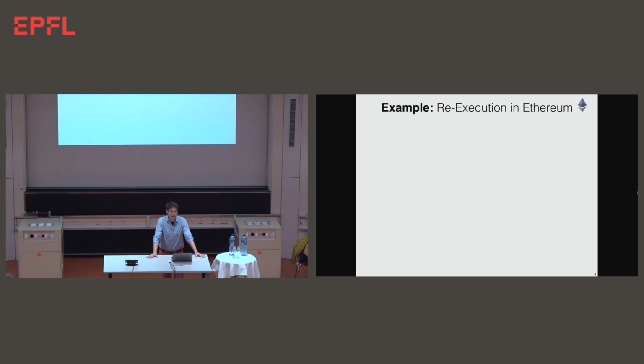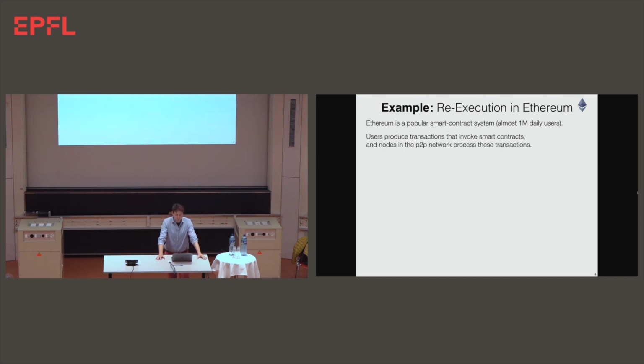It seems like nearly everyone. So as a recap, Ethereum is a popular smart contract system, has many, many users. Not all of them speculators. Some of them actually do something interesting. And at a very high level, the way the system works, you have users that produce transactions. These transactions are commands that invoke functions of so-called smart contracts. You can think about them as state machines. They have a state, they have methods, and these transactions just invoke methods that might mutate the state internally